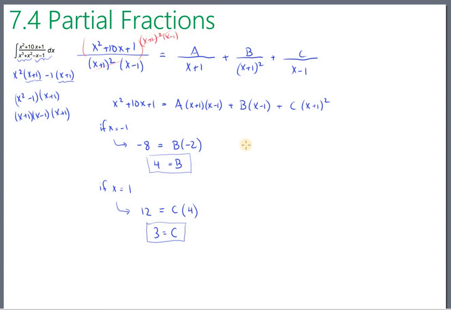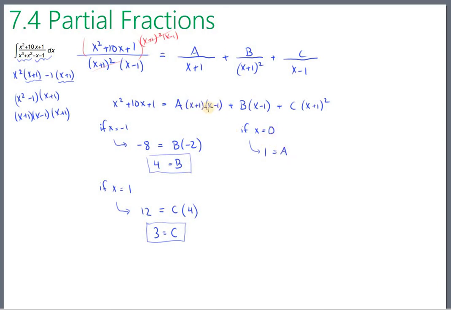What I'm going to end up doing is just somewhat at random going to pick another value for x, one that's not going to zero out any of the terms. And I could pick any number I want right here. I could pick 7 for x, or 100. Since I haven't used it already, I am going to pick 0. So if x is 0, what will this equation turn into? It'll turn into 1 equals